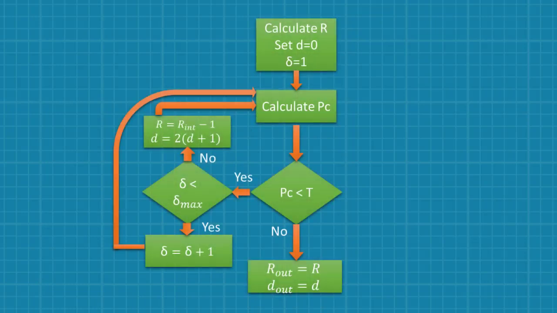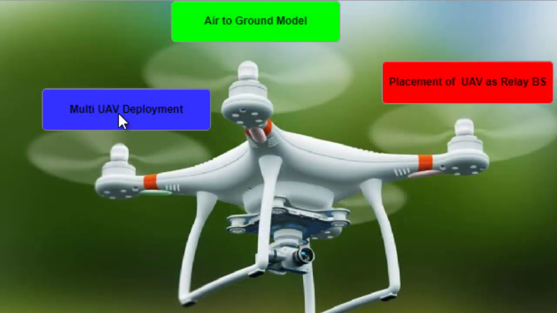Algorithm 3 uses both methods, the FRSD method. In this algorithm, the frequency reuse number is limited to a predetermined number. The algorithm will increment zeta till its limit. If the probability of coverage doesn't achieve the target value, it will begin to increase the separation distance. The algorithm, FRSD, improves the coverage area by factor zeta compared to algorithm 1, and saves the frequency resources compared to algorithm 2. A MATLAB application for UAV placement is developed using the proposed algorithms.